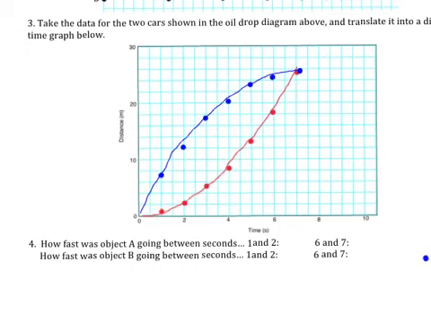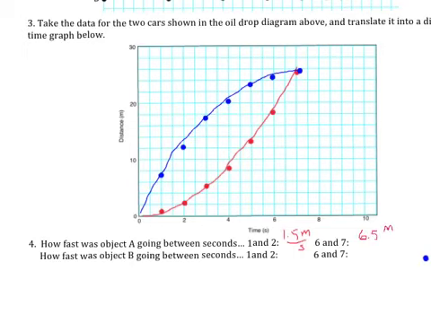So the difference I get there is 1.5 meters per second. That's an average speed. It's changing the whole time, but the average speed between those 2 points would be 1.5 meters per second. And now between seconds 6 and 7, so let's see what we have here. Between seconds 6 and 7, it changed 2, 4, 6.5. So I'm going to call it